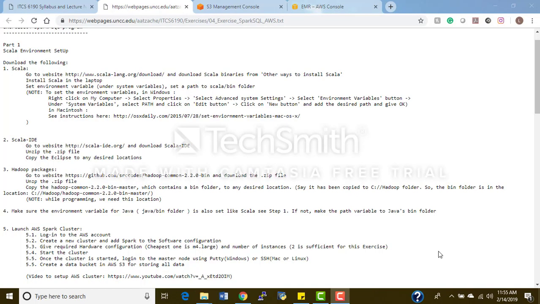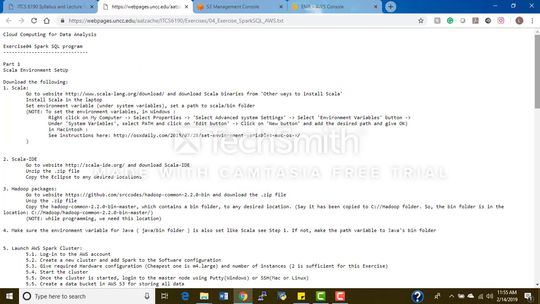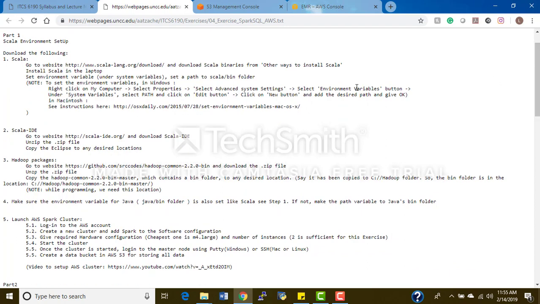Hey everyone, so today we're going to be doing exercise 4, which is the Spark SQL program. These are the instructions that you'll need, which is the AWS version. For part 1, you're pretty much going to be on your own, which is basically downloading and making sure